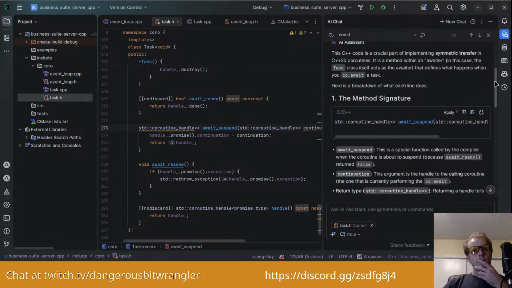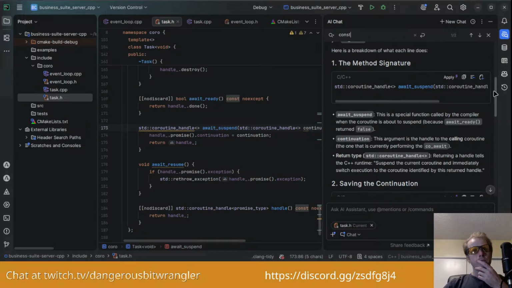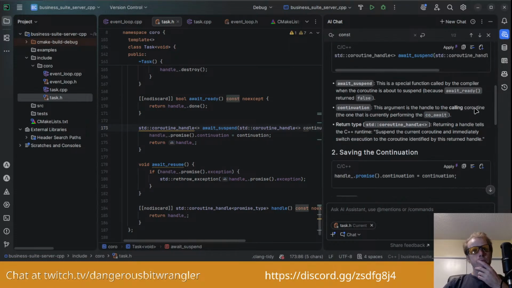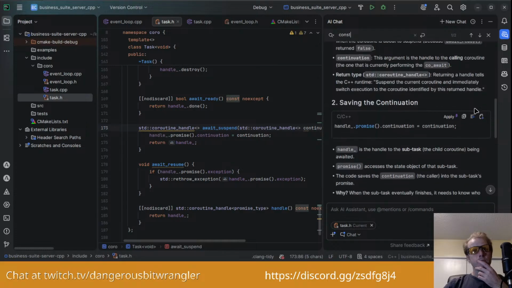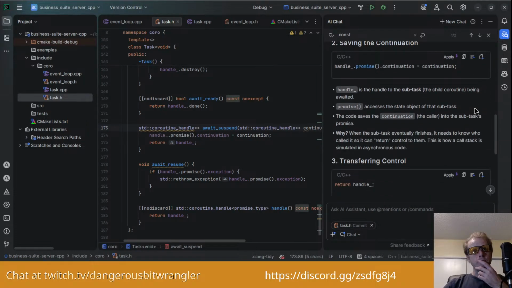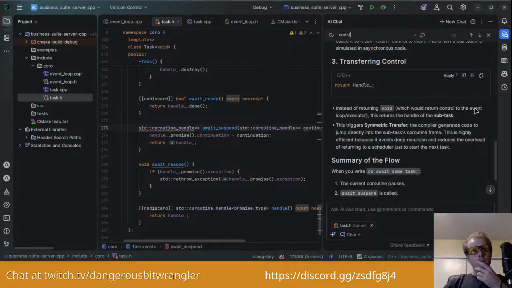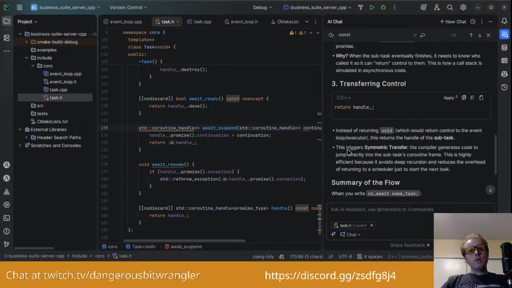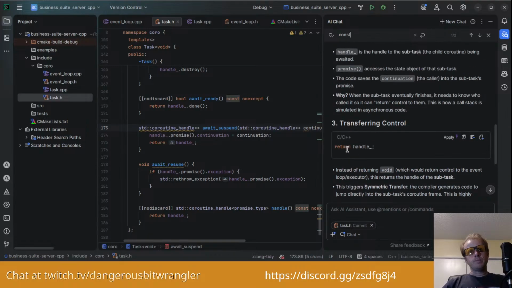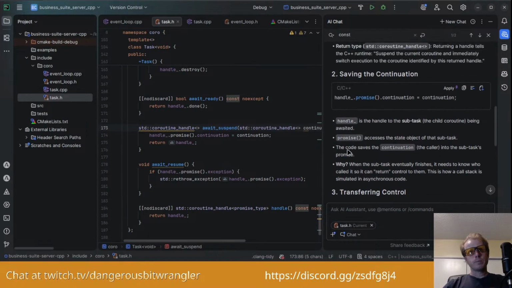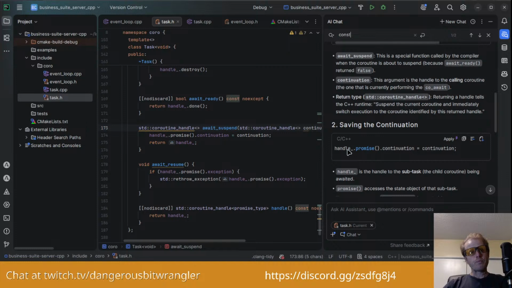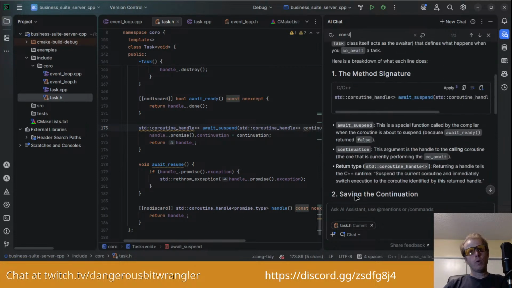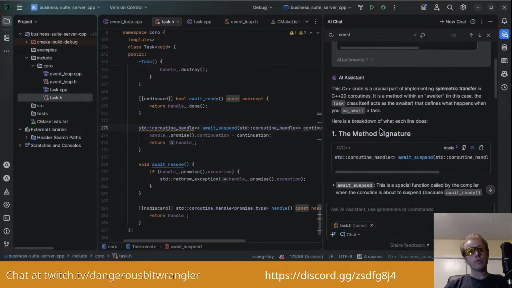Probably. I'm not seeing const in here anywhere. I literally just wanted to know why the keyword const is on this method, or I think it was this one.